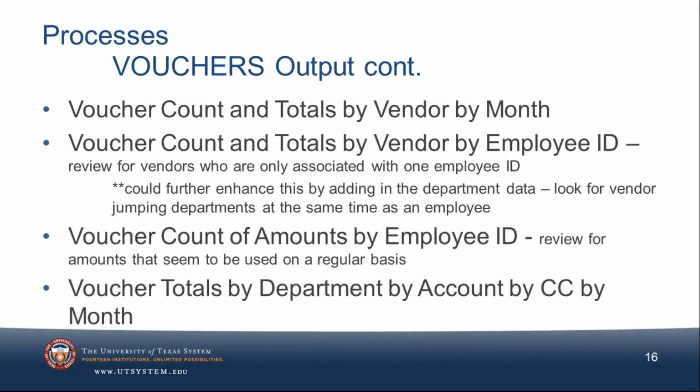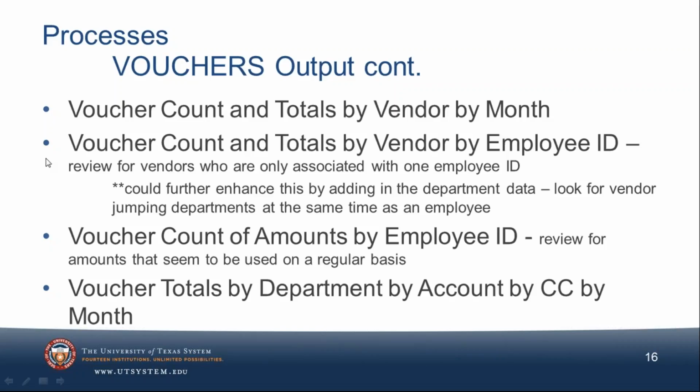And this, again, goes back to the possibility of having some kind of scorecard. Because if you have, say, data for 6 months, you may come out with, I don't know, maybe 500 records where there's a vendor that only has one employee ID entering vouchers that are going to them. Well, you're not going to look at all 500, but how do you narrow those down more? Well, if you had some way to tie these different analyses together, I would think that would certainly help you narrow down.